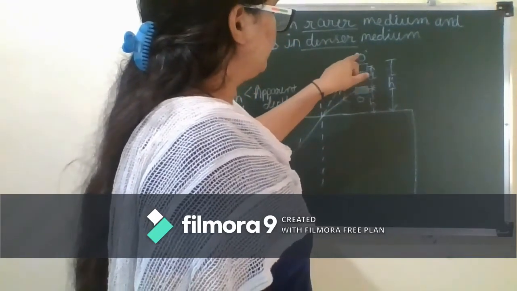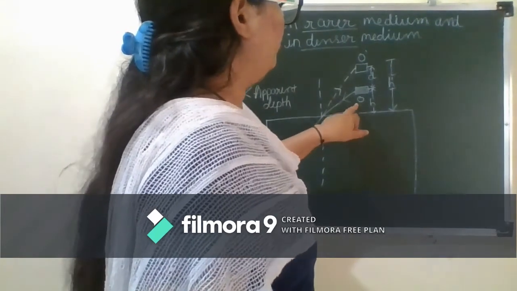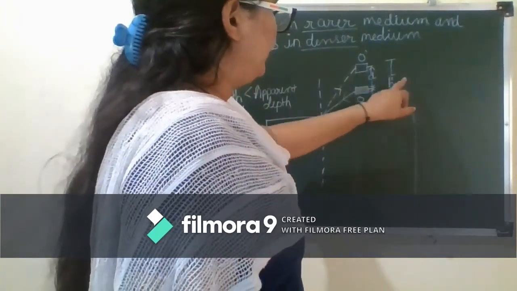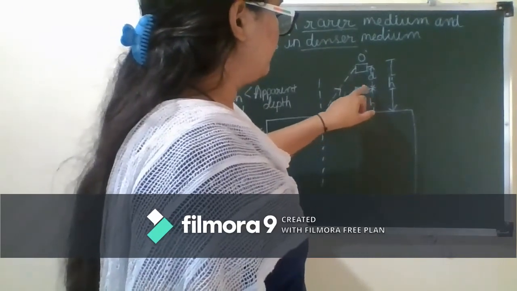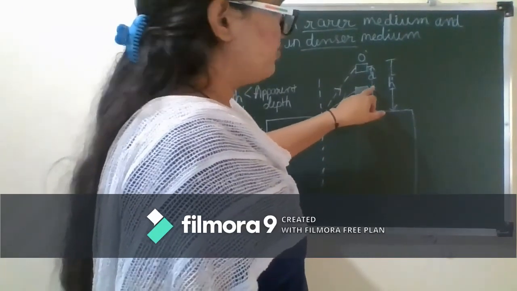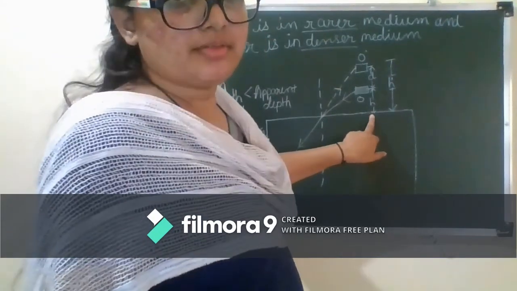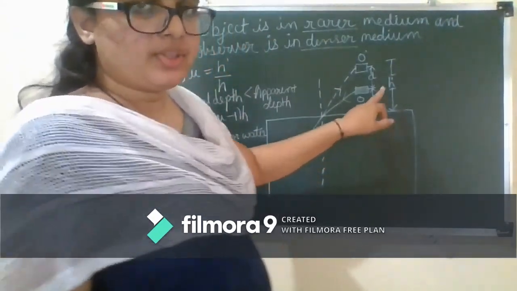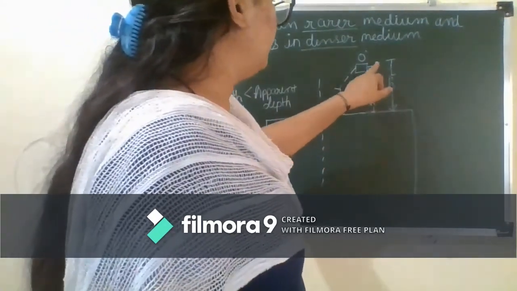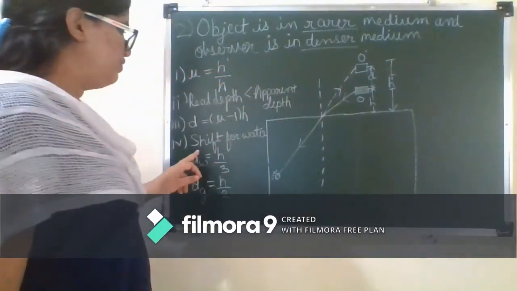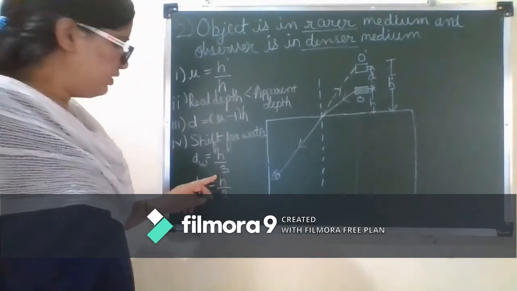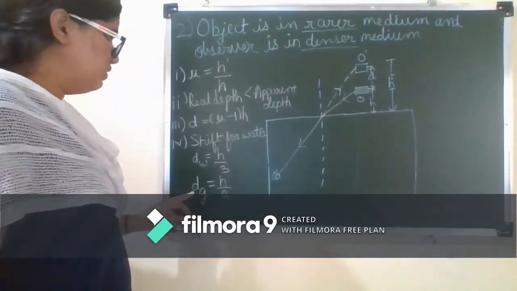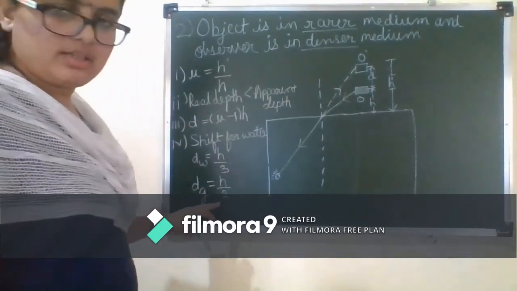So this is O dash and here this is O. As a whole it is h dash and this is h. The distance between this block and the plane is D. The shift for water is h by 3 and the shift for glass is h